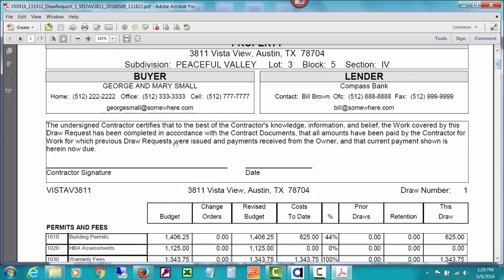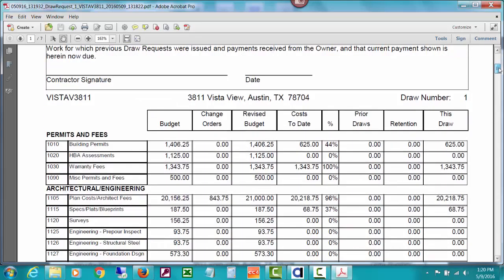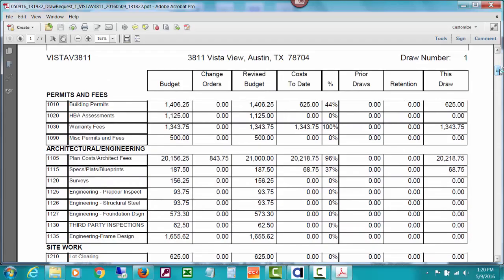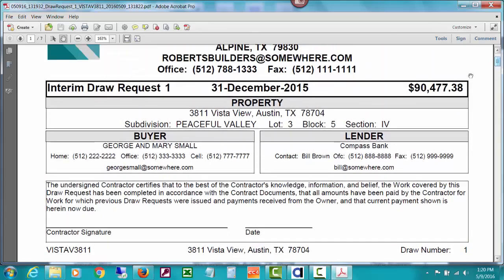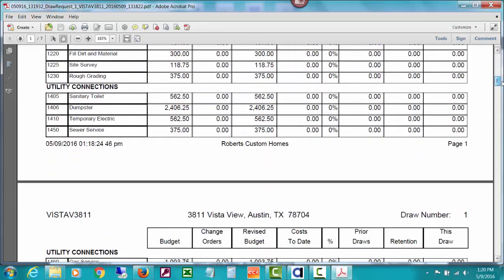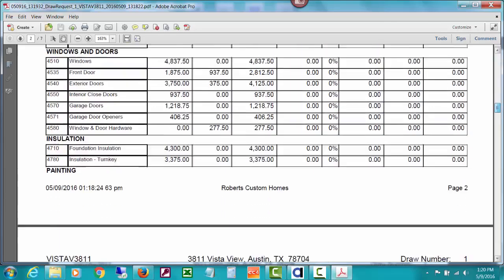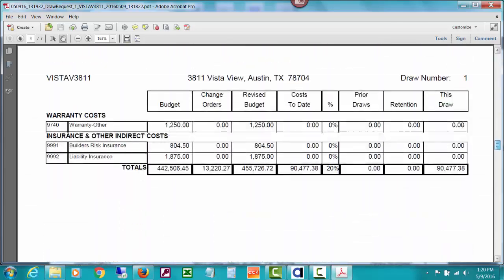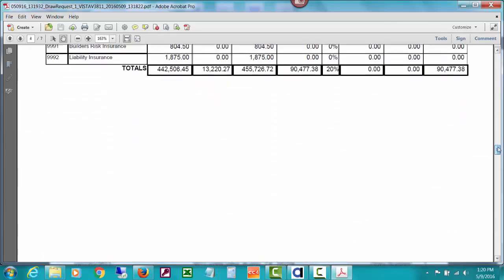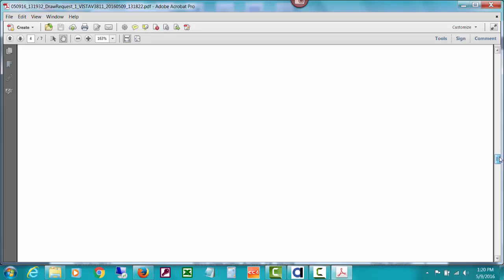That signature area I told you about is printing right here. You can see sample reports of this in the help. I will go ahead and print these whole things out and just keep them in the help. And this one is showing the cost to date, prior draws, retention, and this draw. And it shows the total draw amount right up here, $90,477. It just lists all the detailed cost codes, comes down to the amount of the draw. And then you could just present that and do away with